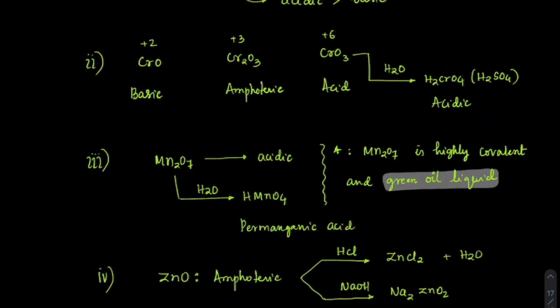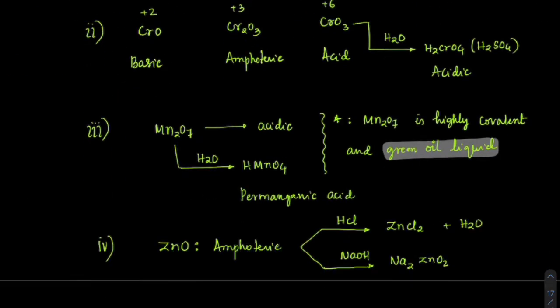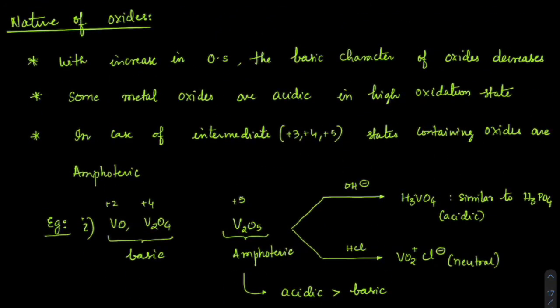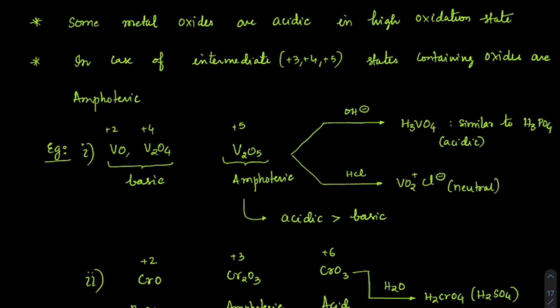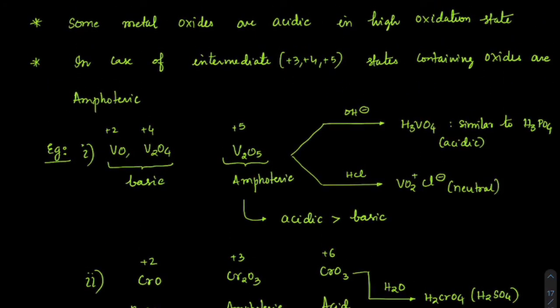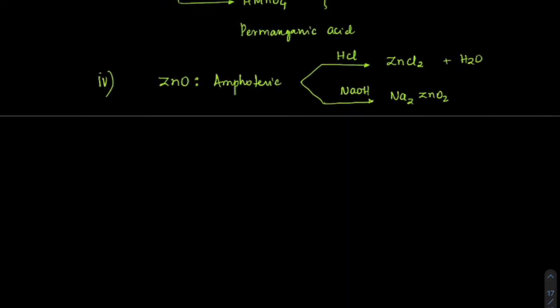Any doubt so far? Right. So that is the nature of the oxides for 3d elements. You should be able to figure out which of them are acidic, which of them are basic. Generally, +2 oxidation state is normally more basic, and the highest oxidation states like +6, +7 are always acidic in nature. Got that? Of what I have listed, only V2O5, Cr2O3 and ZnO are amphoteric in nature. Please remember that, not all of them.